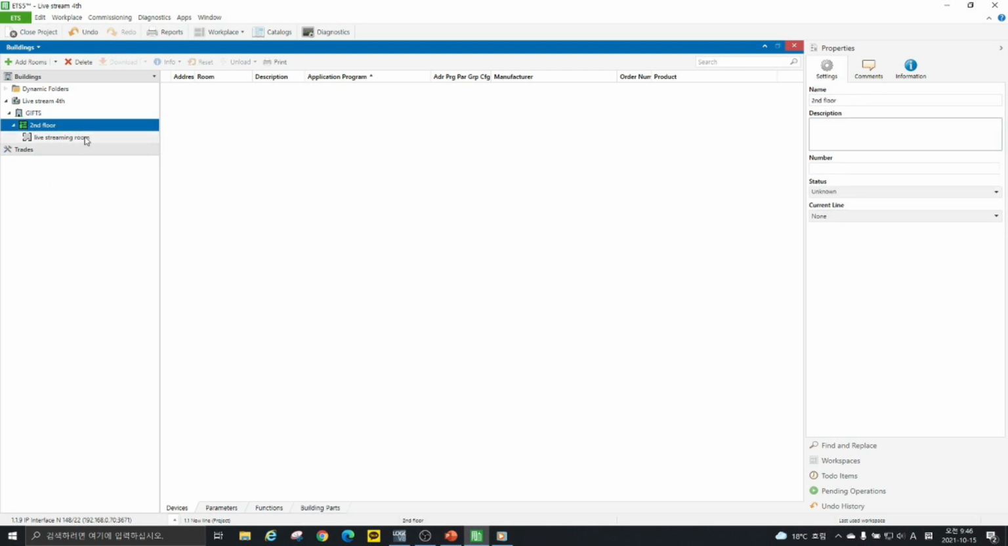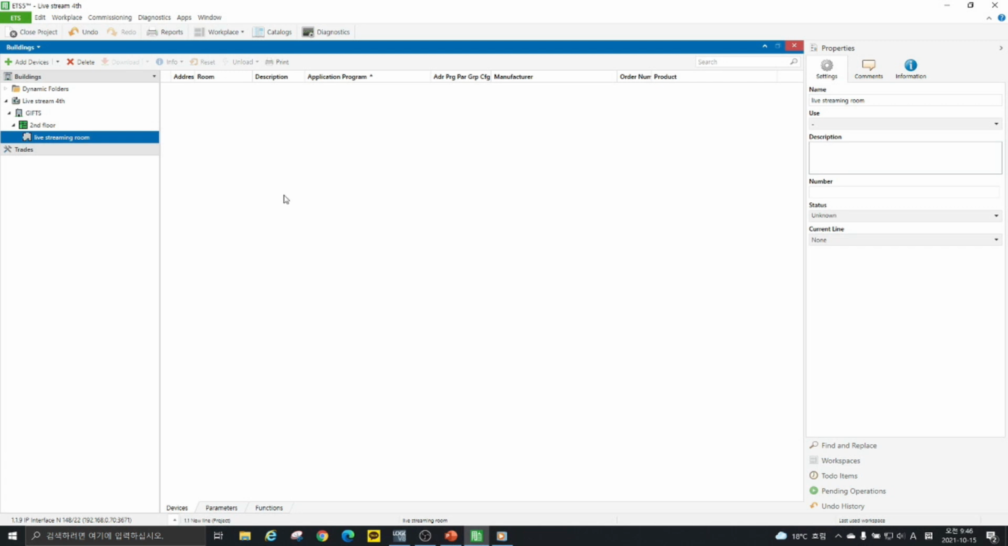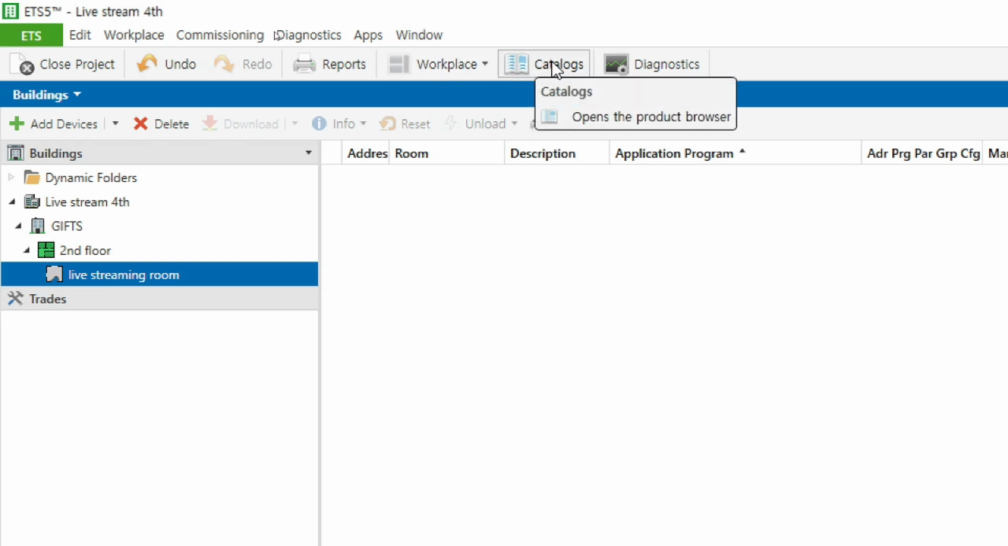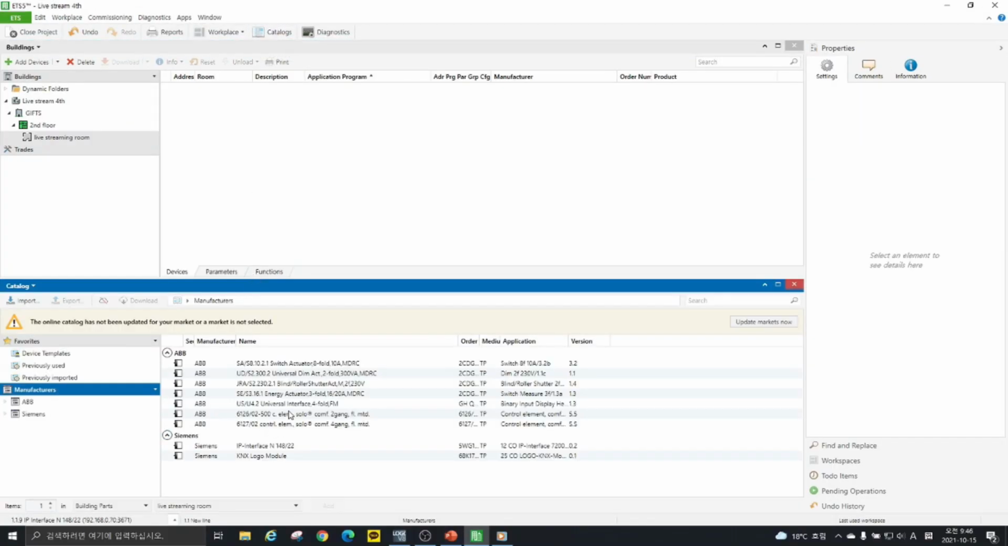자, 만든 다음에 이 라이브 스트리밍 룸을 더블 클릭하게 되면 우측에 이 부분에 이제 실제 장비들을 업로드를 해줘야 됩니다. So after that, if you double click the top of the live streaming room, you can add the actual components. 그래서 여기 보시면은 상단에 카탈로그라는 걸 누르시게 되면은 밑에 쪽에 해당 장비들의 리스트가 뜹니다. So to perform this task, if you click the catalog button, you can see the list of all the